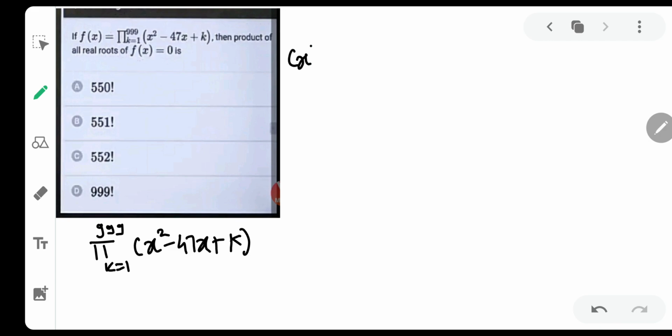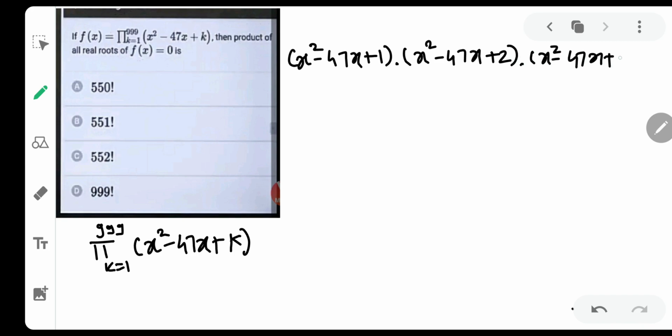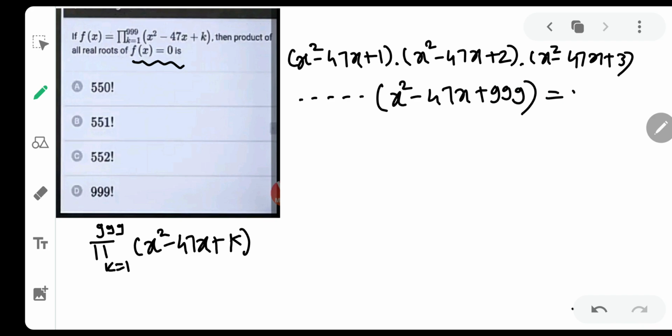So the first term would be x square minus 47x plus 1. Usually we write plus when there is sigma, but now we will write a dot. x square minus 47x plus 2, dot, x square minus 47x plus 3, dot, and so on. The last term would be x square minus 47x plus 999, and they have said f(x) equal to 0. As you can see, there are in total 999 brackets